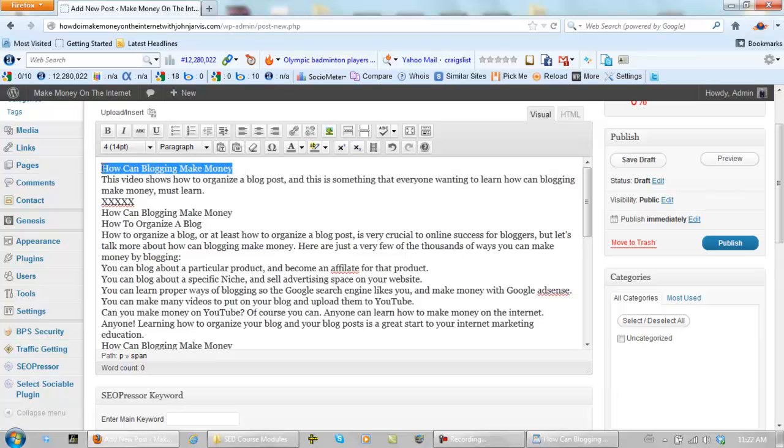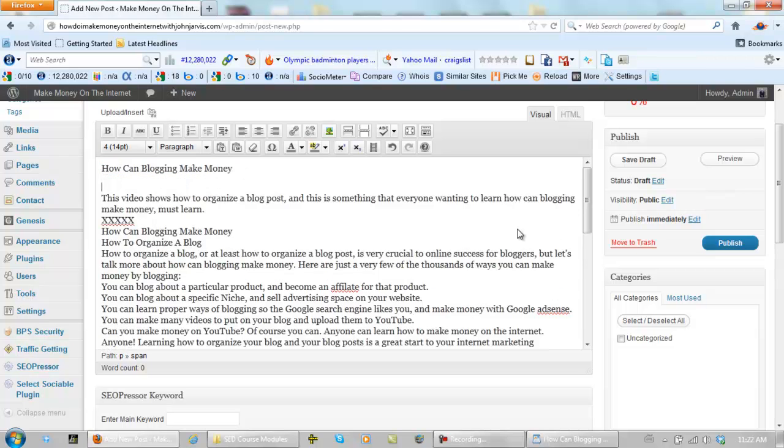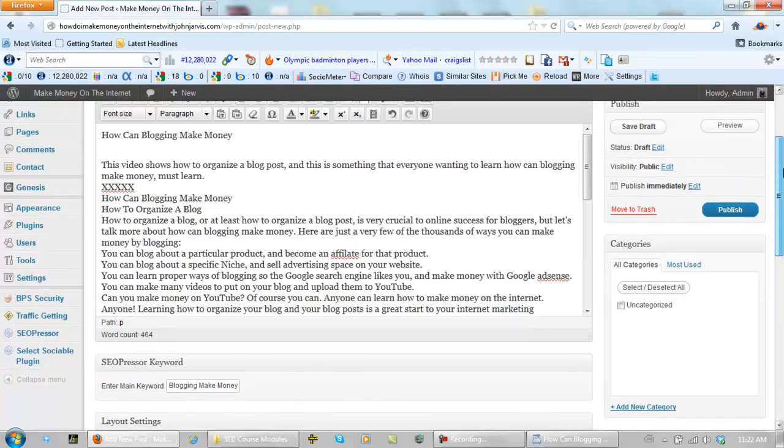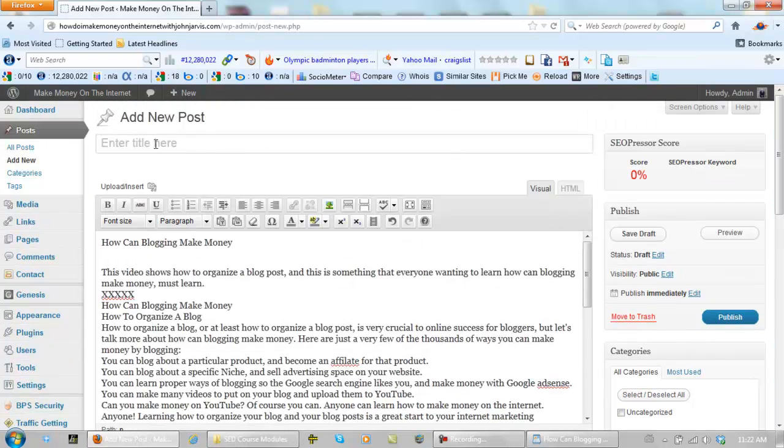And the keywords that I want to get to the first page of the search engines for is how can blogging make money. And I'm going to keep an eye on how I make out by pasting this right here in the SEO Presser. And it's going to be the title of my blog post. That said,